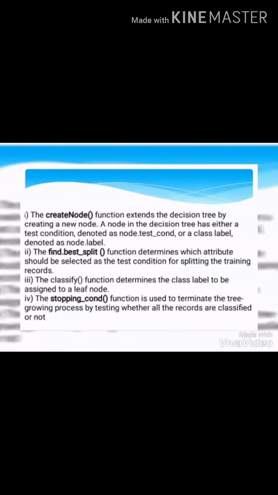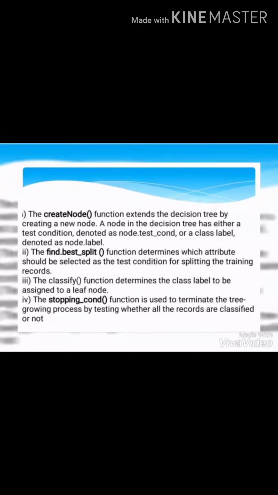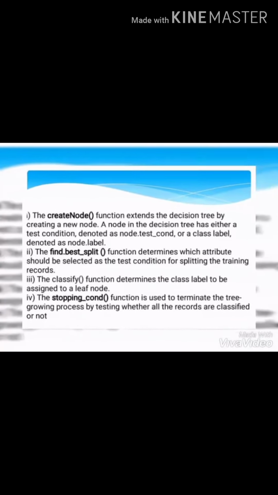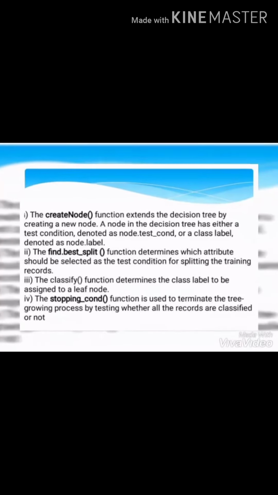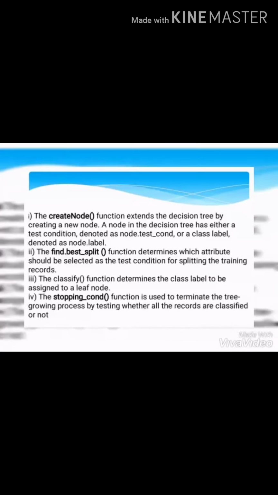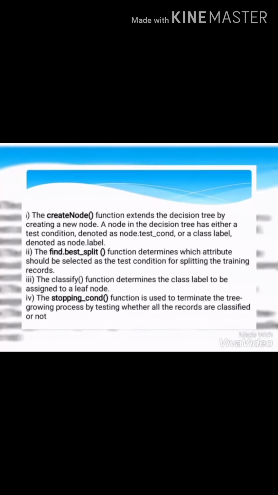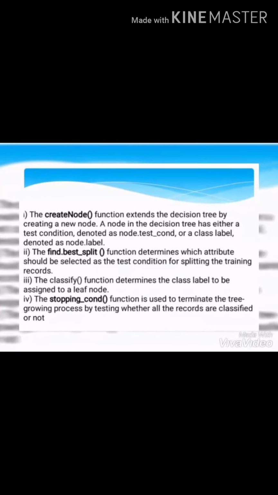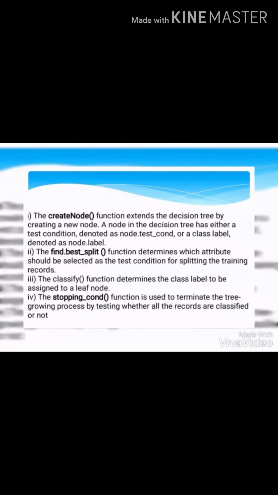This function determines which attribute should be selected as the test condition for splitting the training records. The third is the classify function, which determines the class label to be assigned to a leaf node. The stopping_cond function is used to terminate the tree growing process by testing whether all the records are